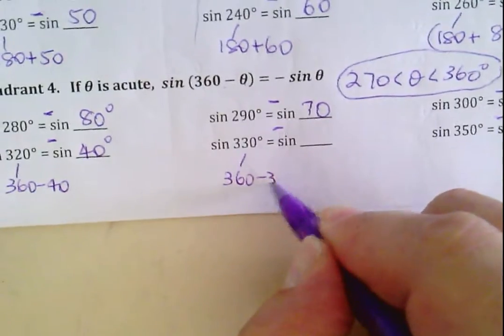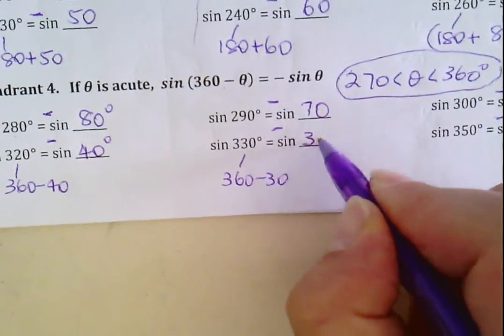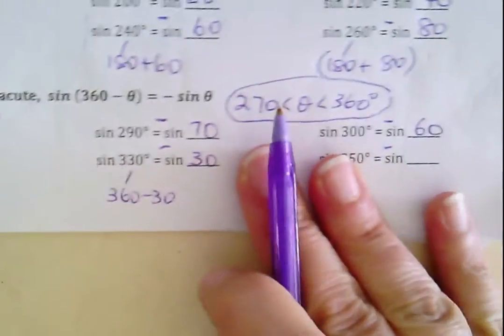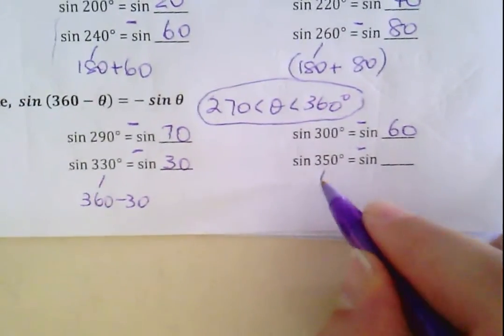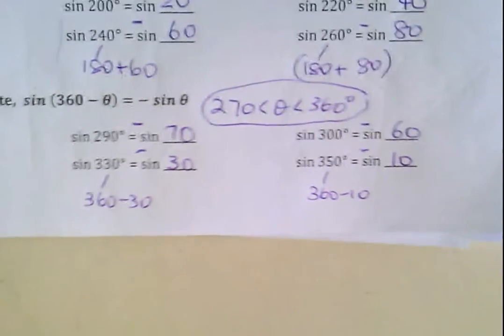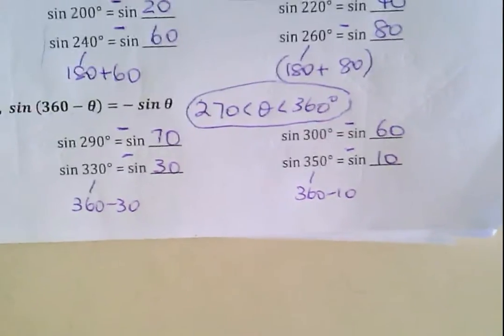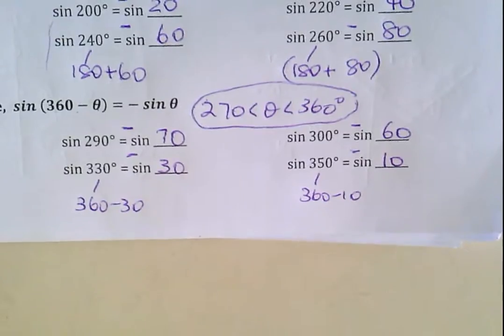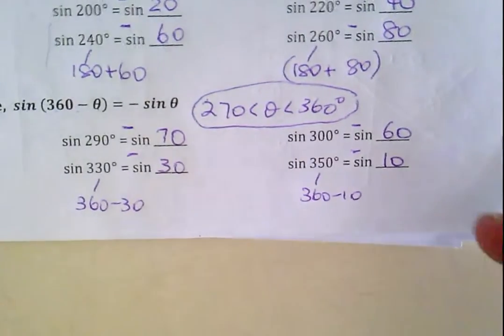330 is 360 minus 30, which is? So it's negative sine 30 if you look at your sheet. And 350 happens to be 360 minus 10. So sine of 350, if you look at it, negative 0.17, is the same as negative sine of 10. So,